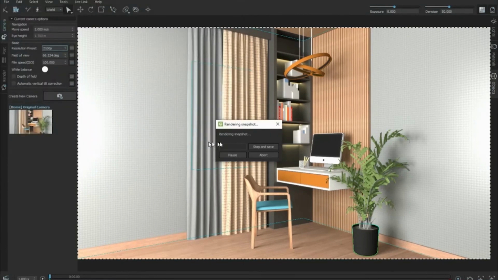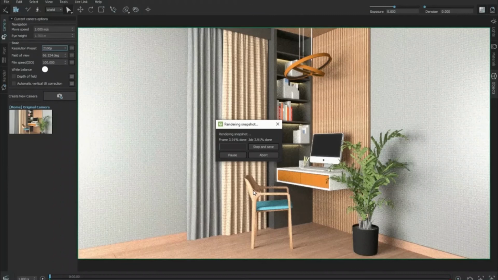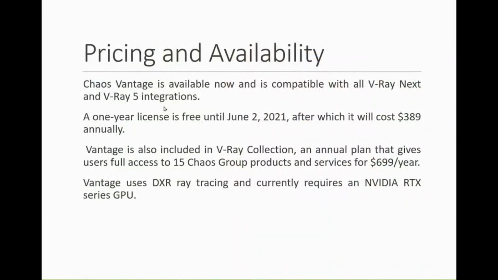Yeah. See, it is progressively rendering our scene. So once we feel like our model is okay, our render is okay, then we can just stop and save it. Now I just saved my scene. Now I'm going back to my